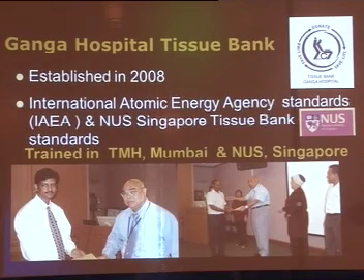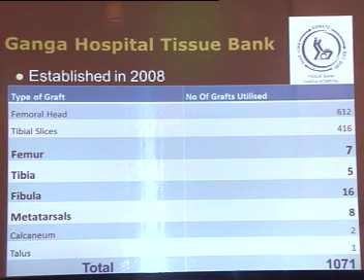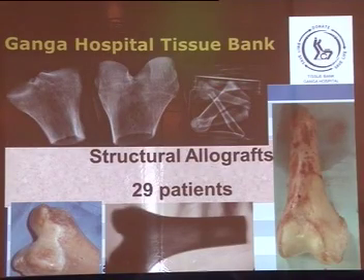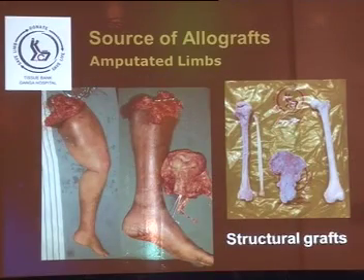And we have 2 medical officers trained in PMH Mumbai and NUS Singapore. From 2008 to December 2011, we have released about 1,071 allografts, and in 29 patients we have used structural allografts. Our source of allografts is mainly from amputated limbs due to vascular injuries and crushed limbs which cannot be